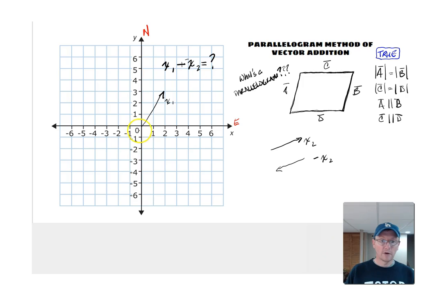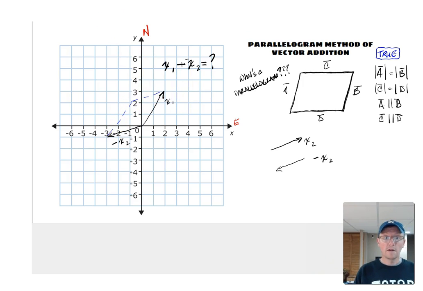So I'm going to go ahead and erase what I've got here, so that doesn't confuse you. And I'm going to go ahead and draw it like so. And so the new x sub 2 vector, oof, that's terrible, looks like this. Let's see if I can do a better job of it here. That's better. This is the opposite of x sub 2. And so I'm going to add x sub 1 to the opposite of x sub 2. And I'm going to use the parallelogram method again. So I'm going to copy and paste each of these as I did before. So it looks like this, and like this,